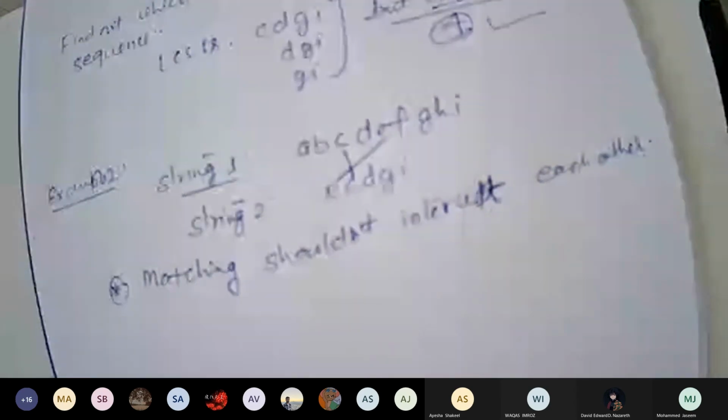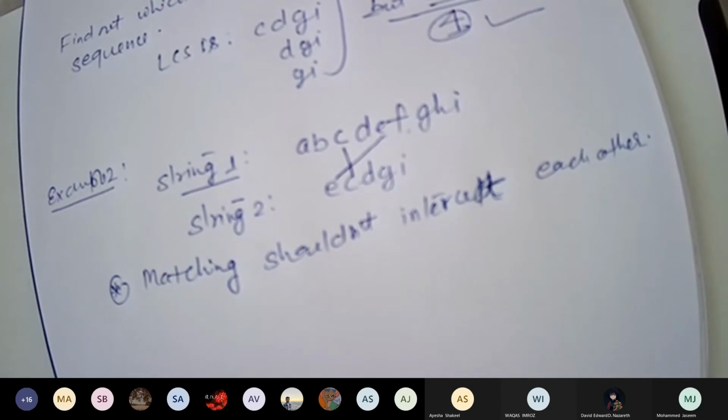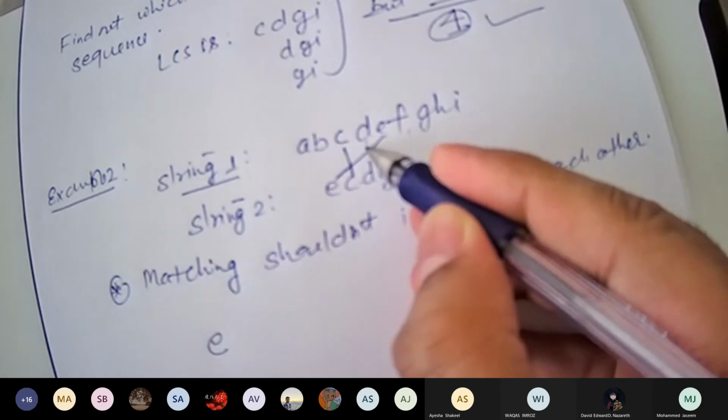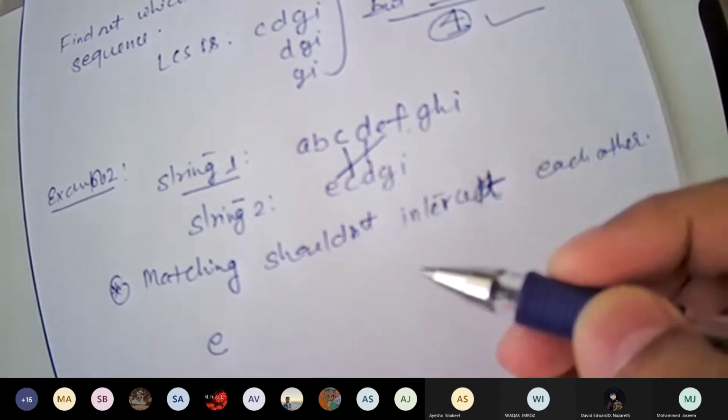Okay. So now it means E definitely you are not going to take. Or let's take E, then C you will not take, because both are not in one sequence while you are matching with string 1. So if you are taking E, after E, C is not matching, D is also not matching because here it will be intersecting.